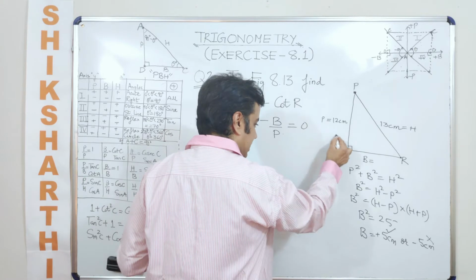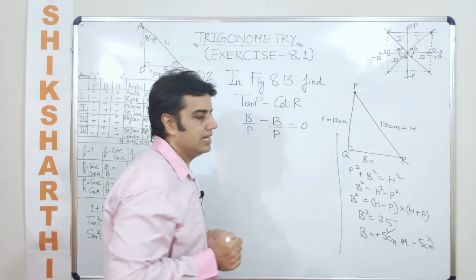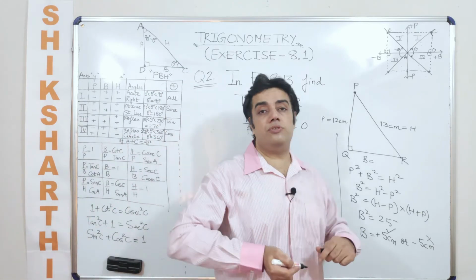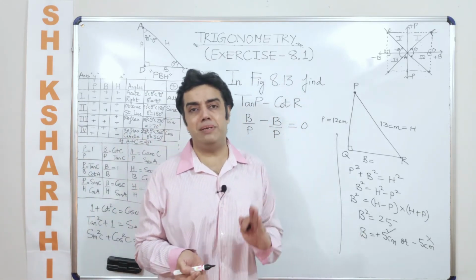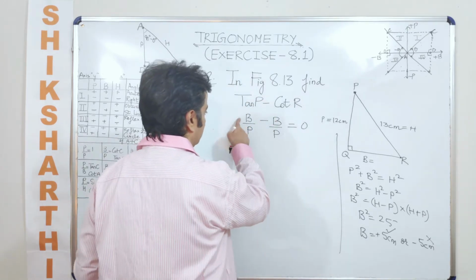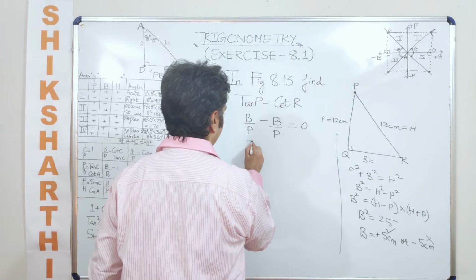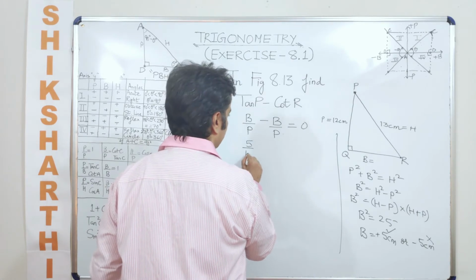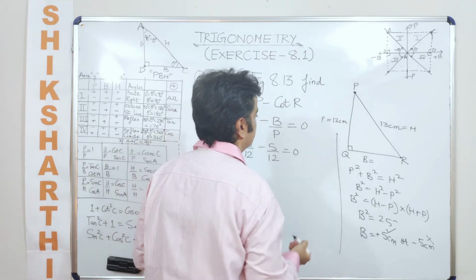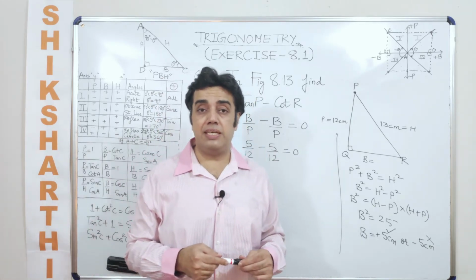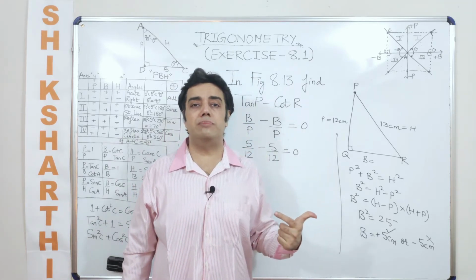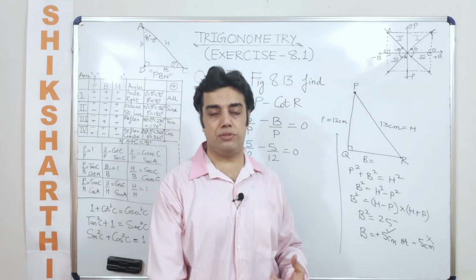So without even calculating these values, you could have said that the answer is 0. Which is why it was suggested that most of the questions on trigonometry can be done just by the PBH concept. You need not even substitute the values. But then let's see. So what is the value of the base here? 5. What is the value of the perpendicular? And we already knew in advance that the answer should be 0. So it gives a very healthy feeling. The answer was already known. It took you another 1 minute or so in which you could have solved the entire question.